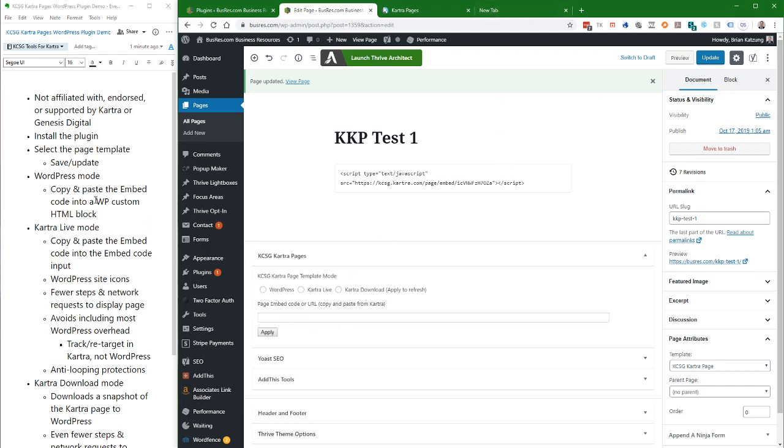So in the first mode, that's WordPress mode, this works virtually identically to the Blank Slate plugin that Kartra has historically recommended you use to display your Kartra pages embedded in your WordPress website. And I'll talk a little bit more about how KCSG Kartra Pages differs from Blank Slate in a minute as we go. But for now, I'll show you it is possible to use KCSG Kartra Pages in the same way